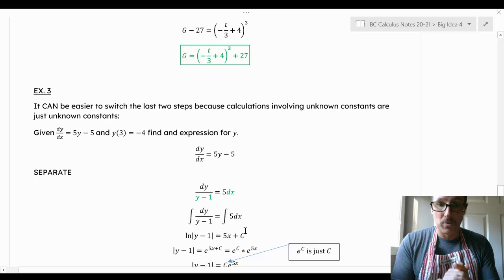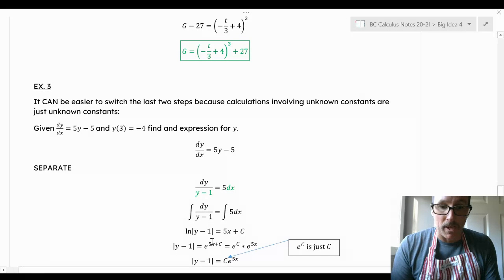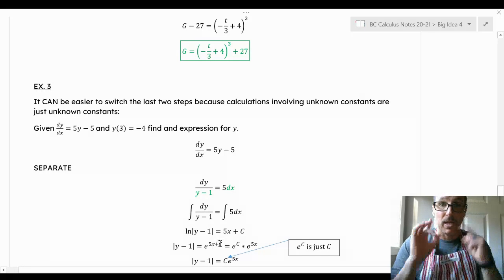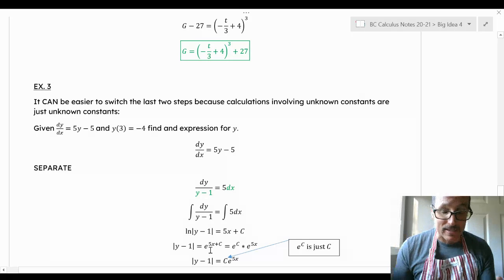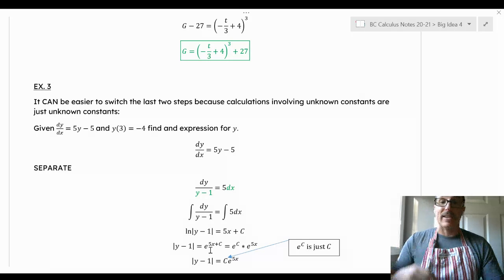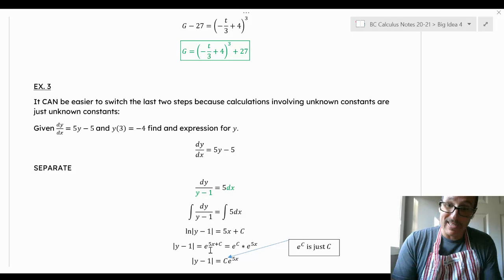All right, so check that out. I'm going to exponentiate both sides. So e to this side, e to that side is going to get me the absolute value of y minus 1, and then e raised to the 5x plus c. Don't rookie mistake that. It's not e to the 5x plus a constant. No, don't do that. It's e to the 5x times e to the c, and e to the c is